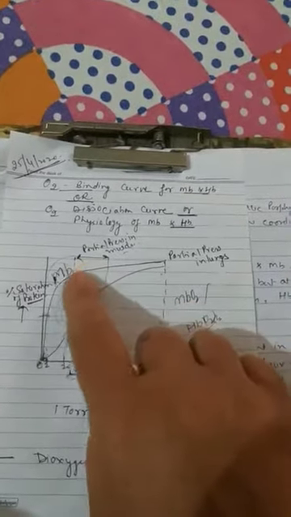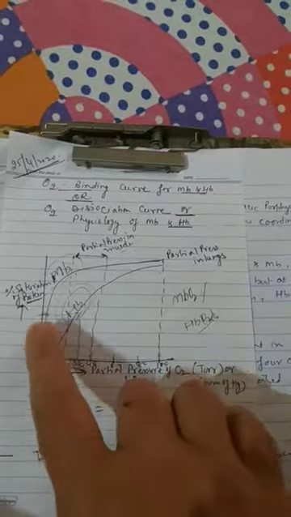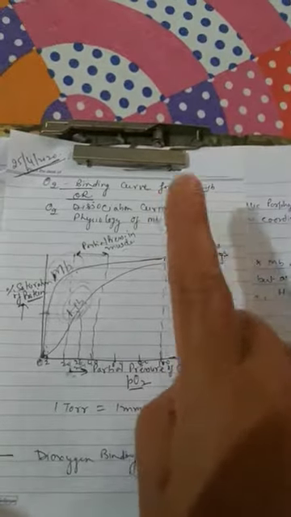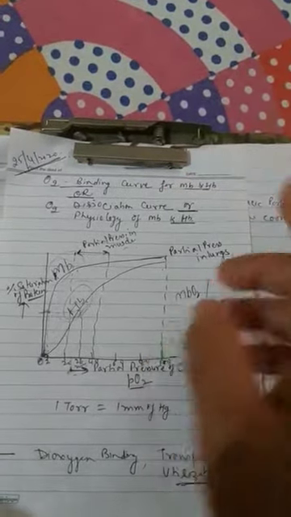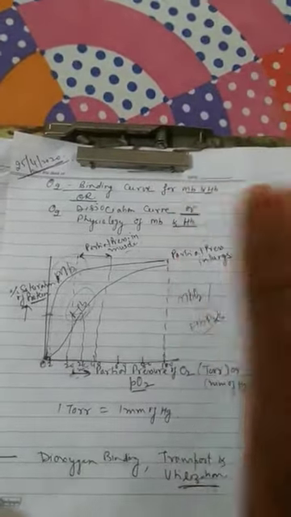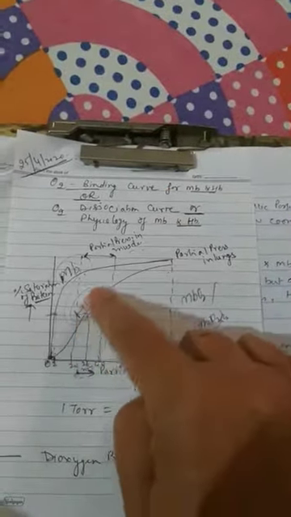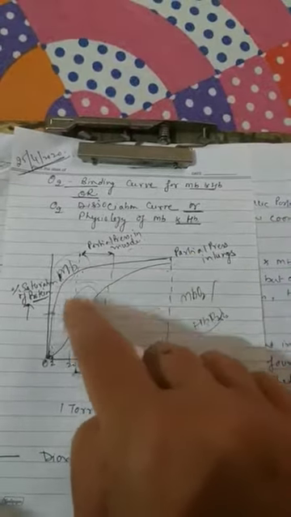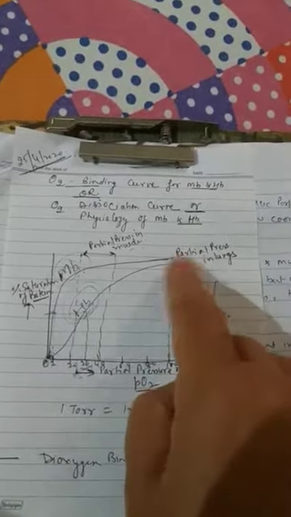Myoglobin not releasing oxygen quickly, therefore is used as the storage house of oxygen. Releasing only when required, means in case of emergency, when the partial pressure of oxygen is very small, whereas hemoglobin will be quickly releasing oxygen, or the function actually of hemoglobin is to carry oxygen from lungs to tissues